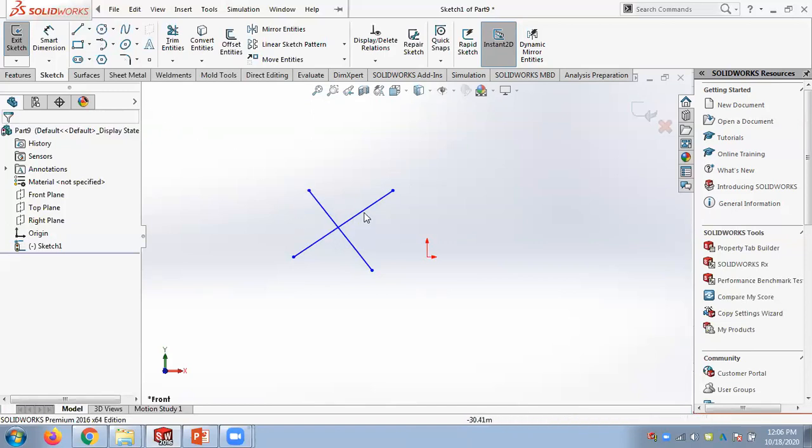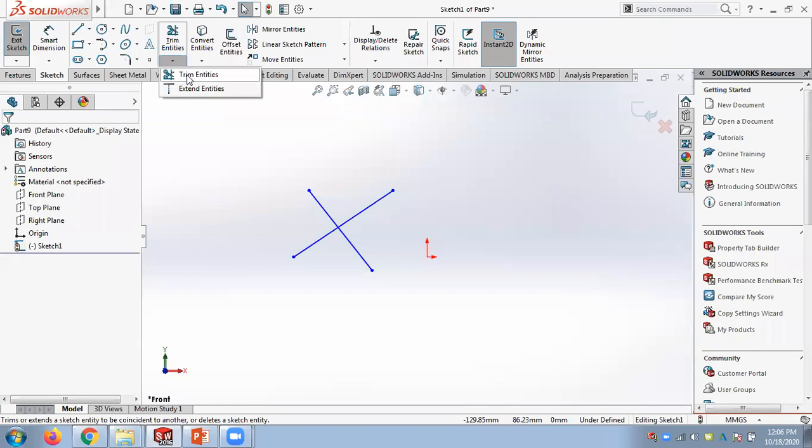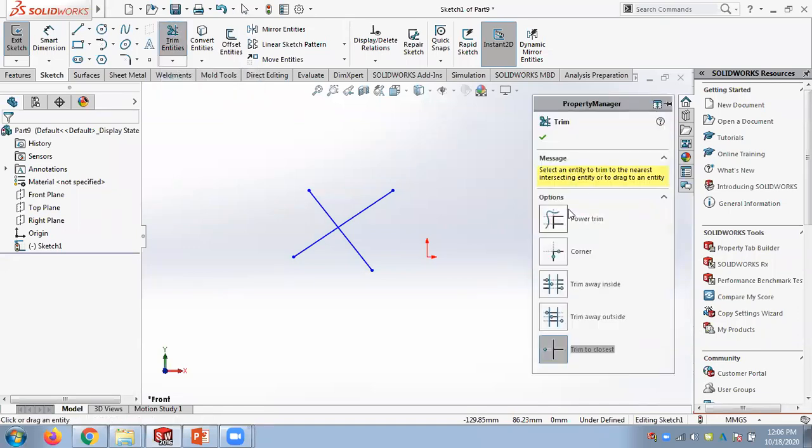Now I want to remove some of the parts here. I want to remove this part of the line. Imagine I want to remove this. So I am applying the trim tools available here. There are 5 available tools. The first one is a combination of all these 4. We will look at the first one later, and we will look at these 4 first.